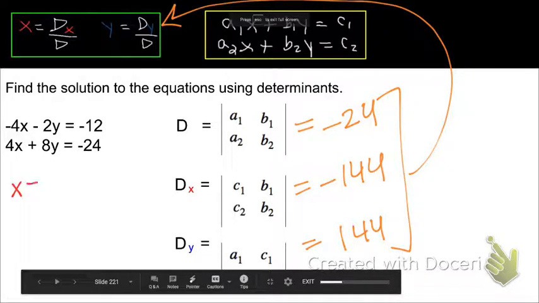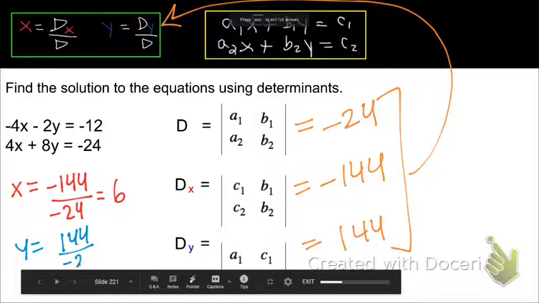So x is Dx divided by D. You put that in your calculator, you see that is 6. And then y is Dy divided by D. Put that in your calculator, you see it's